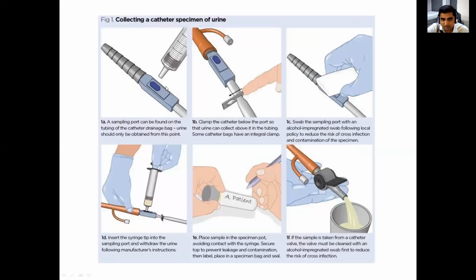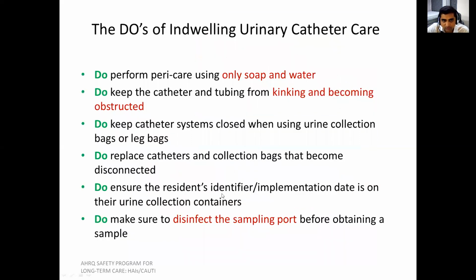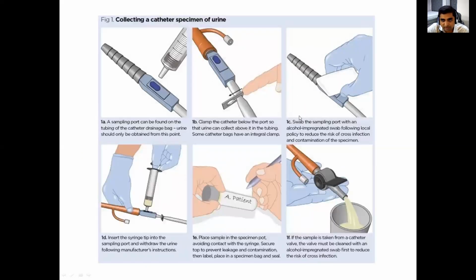So here is the picture representation step by step. This is the sampling part. This is the clamp. So clamp the tubing so you can retain the urine for a while, and then clean with an alcoholic swab. Then with no touch technique, one hand is holding this, one hand is sterile which has not come in contact with any non-sterile part. So you are getting the sample in the urine container, and it is labeled. This must be followed while collecting the sample, and after collection also it should be cleaned with an alcoholic swab.